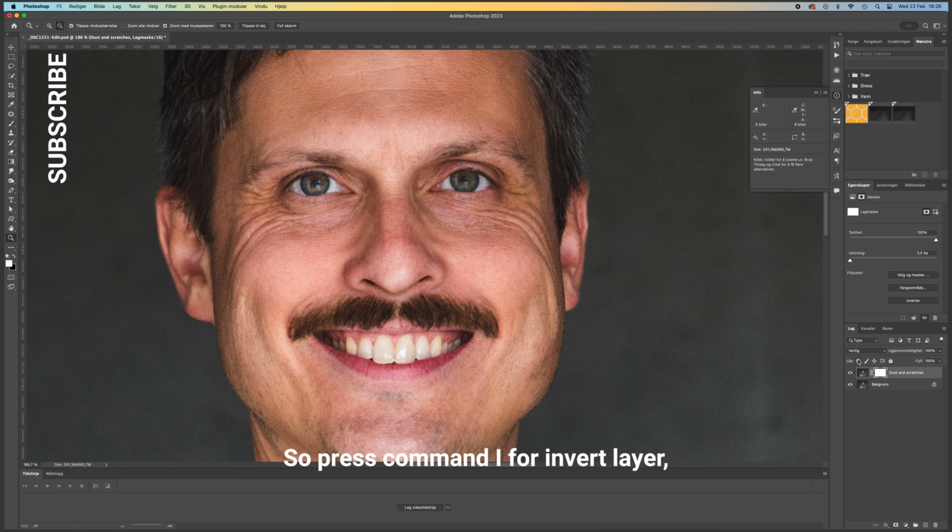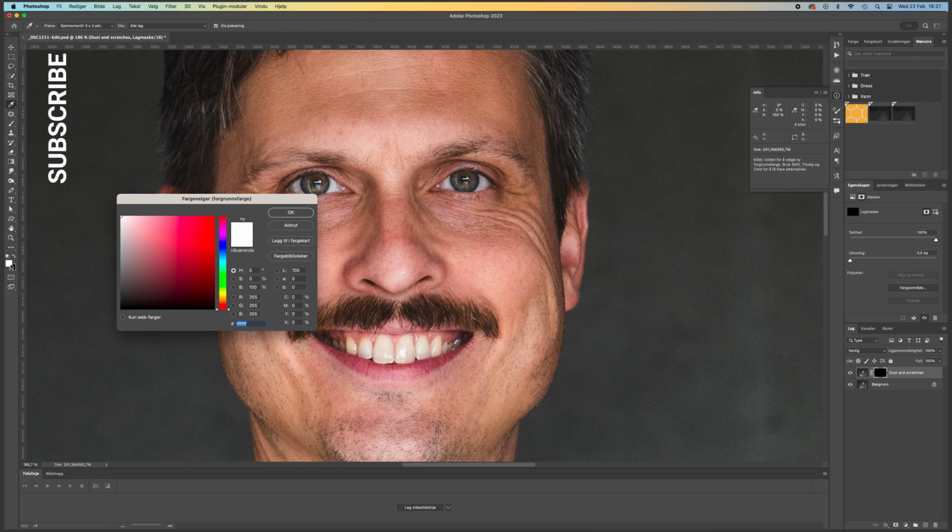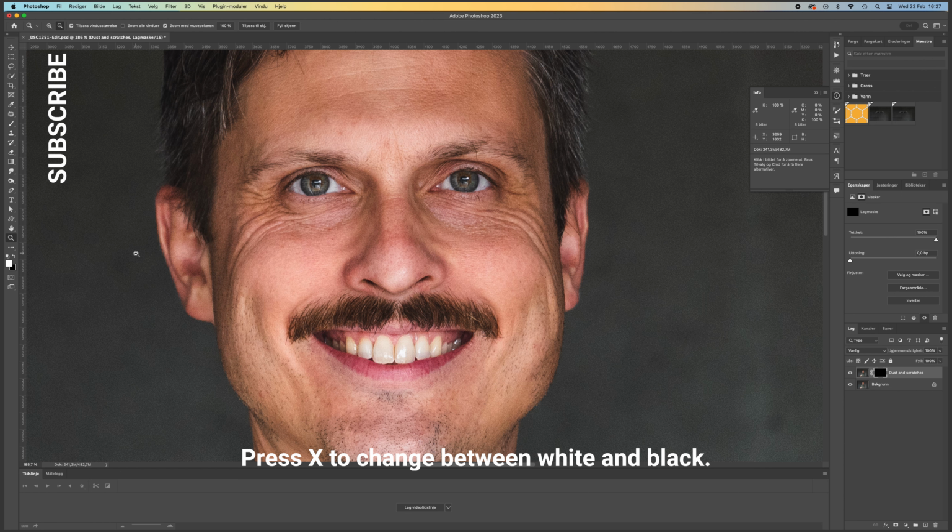So press Command I for invert layer, then we go from white to black, or you can do it here. Press X to change between white and black, and if you want to go back to white here,